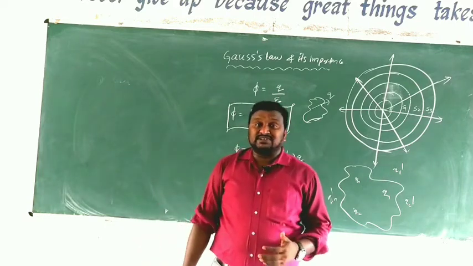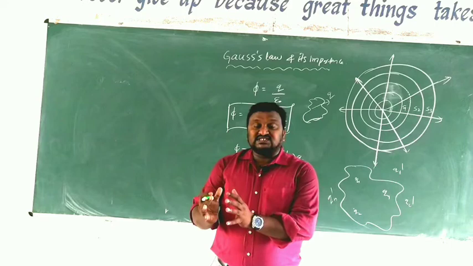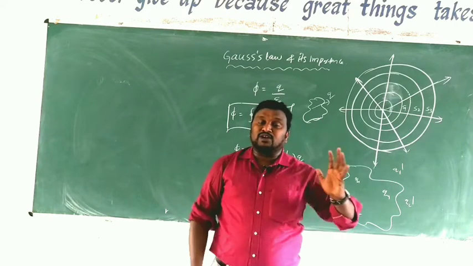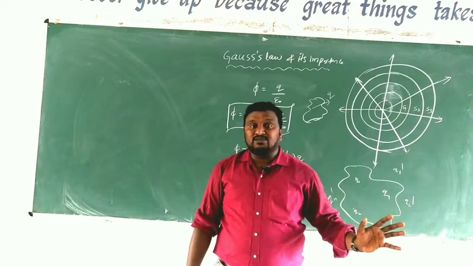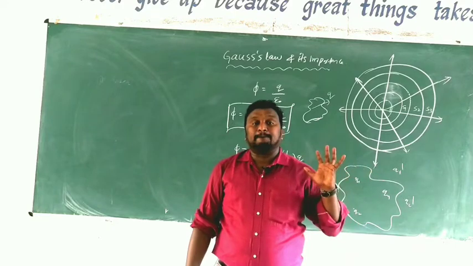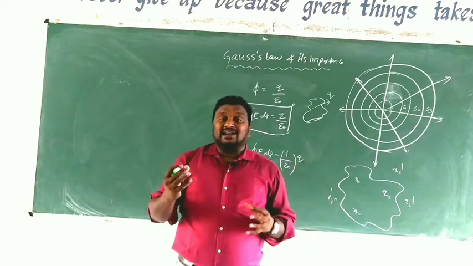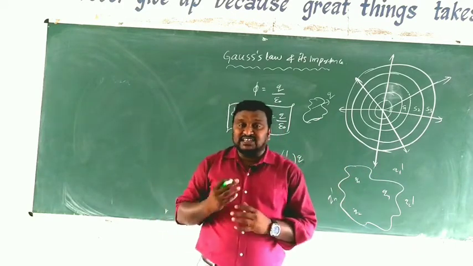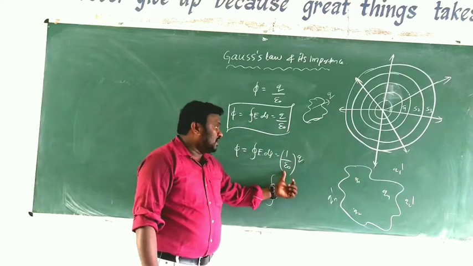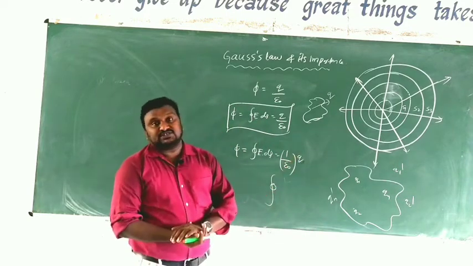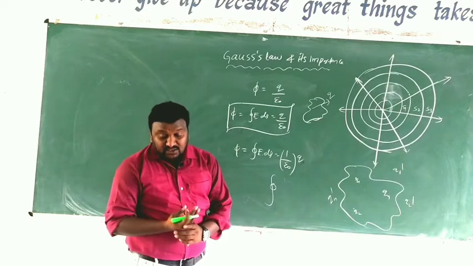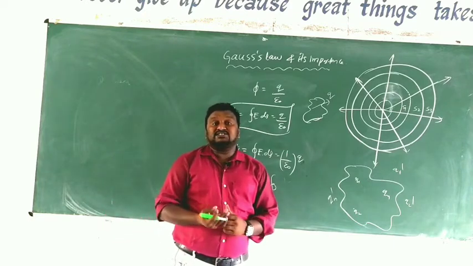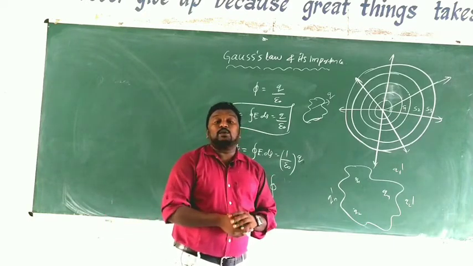Permittivity in free space. The amount of flux is 1 by epsilon naught times the net charge. That is what we call Gauss law. Clear? The net flux passing through the closed surface is 1 by epsilon naught times the net charge. Generally, we know how we can write the net charge by the additive property.